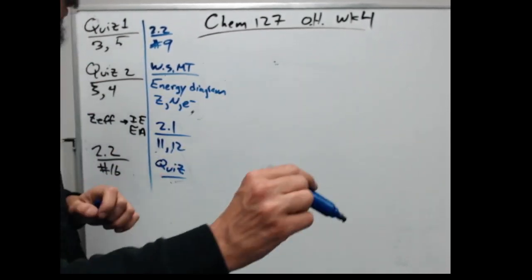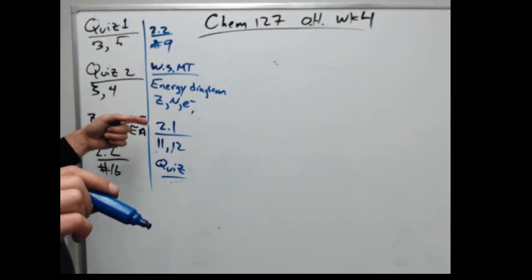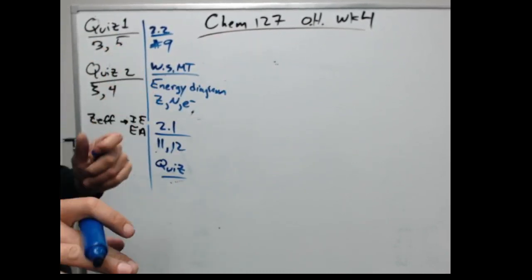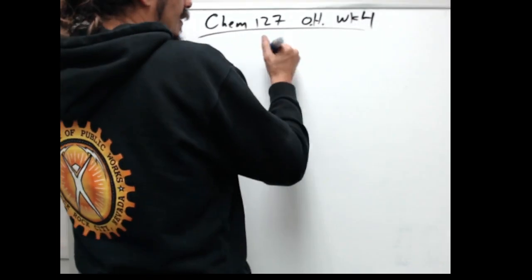In the meantime, let's start with 2.2. We'll do 2.2, 2.1, then we'll look at the quiz, and then we'll get to the worksheet, if you don't mind waiting a little bit. Yeah, that's fine. So let's look at 2.2,